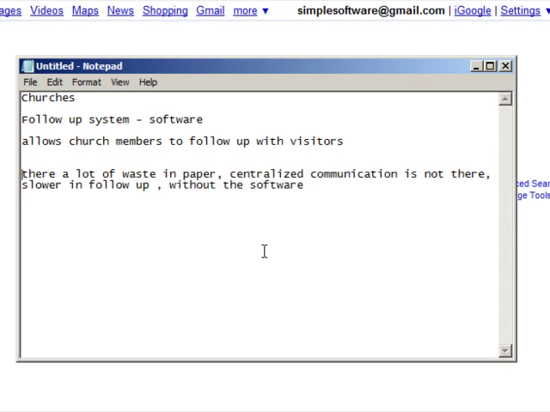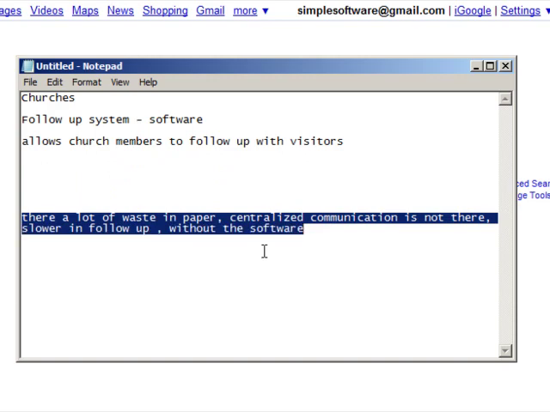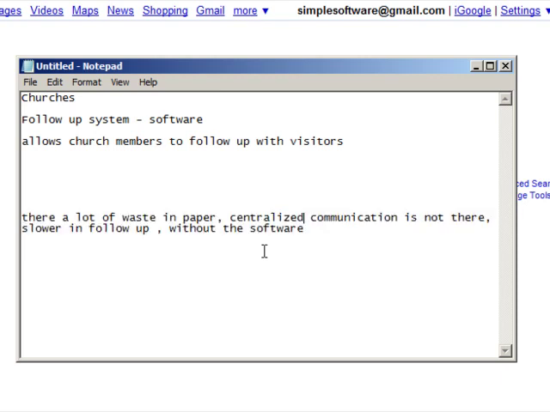So these are problems that churches would face without this type of software. Well, with this software, they're able to save paper, they're able to have centralized communication, to know who followed up with who, and if this person followed up with that person, then okay, I don't have to follow up with this person, and then it's a faster follow-up process.